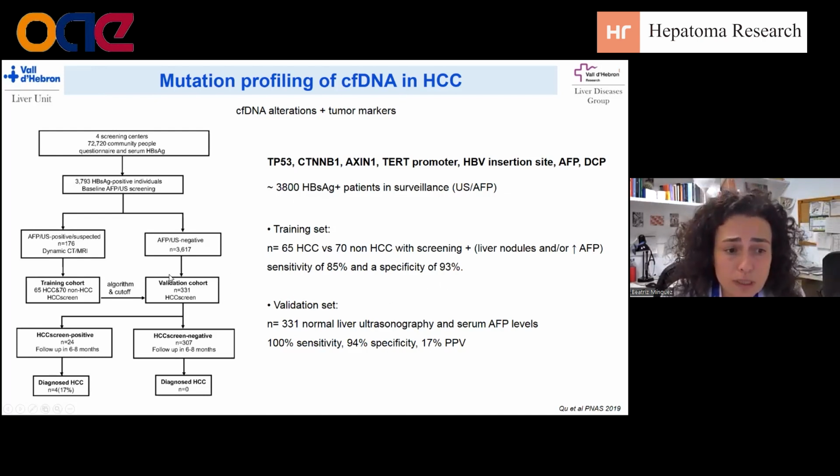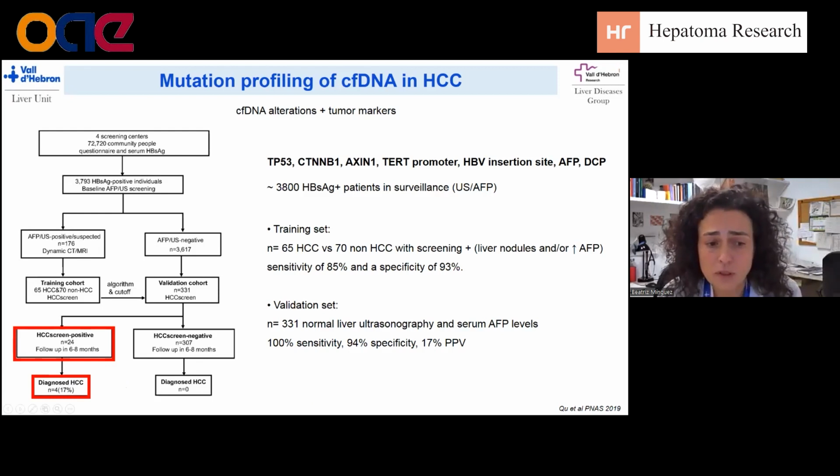They took the validation set from the cohort that didn't have any of those positive alpha-fetoprotein or ultrasound. And as you can see here, they named this tool HCC screen. From those that had the tool positive, 4 of them, which means 17%, developed hepatocellular carcinoma, which of course has a low positive predictive value, but the positive note is that all the patients were diagnosed at